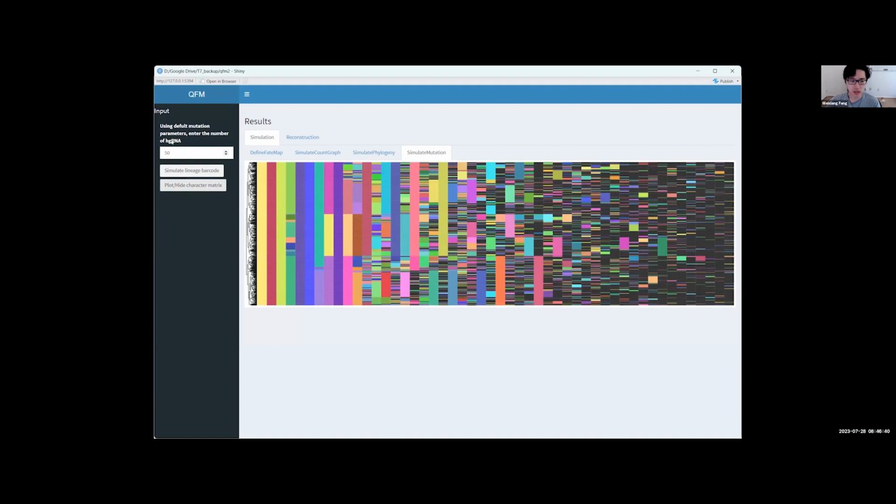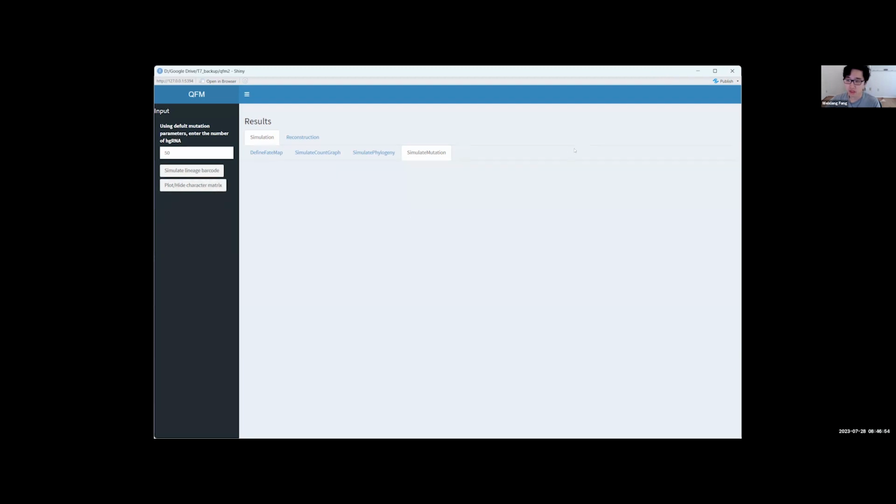For now, we allow only one type of mutagenesis model. We're adding more, including, for example, if you want to read out the somatic mutations during development, there will be an option for that. This is not public yet, but if you're interested, I can always send you a version of this to play with. So with that, I will go back to my presentation